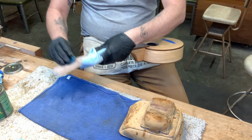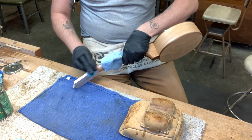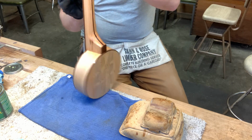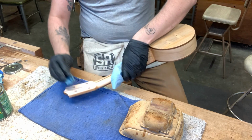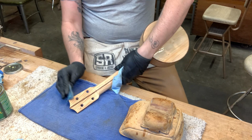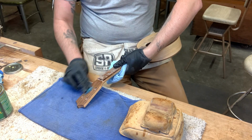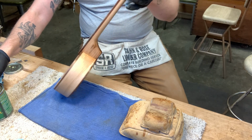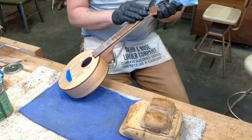I also don't want to have a spray booth. I don't want to breathe those chemicals. It's bad enough that I have to breathe this polyurethane as it gases off. It's not super toxic compared to other things, but what I'm doing is I've got the clean paper towel to wipe all this off once we get it on, and I'm holding the yesterday's clean paper towel in my left hand,